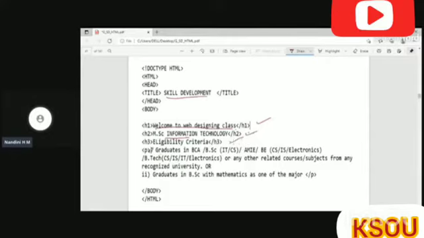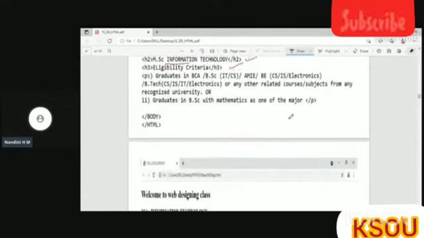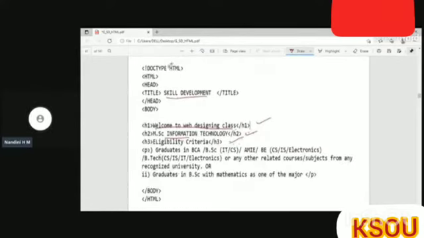After that, I'm using a paragraph to write the eligibility. So these are some of the eligibility criteria to get admission for the MSc Information Technology. So how will this appear on the web page? I have written this in the editor, that is in the notepad.